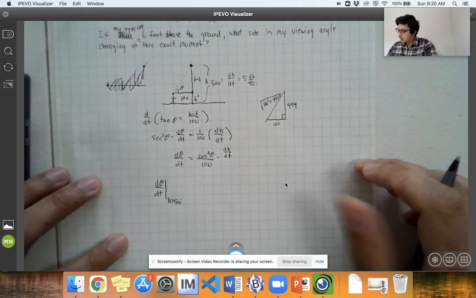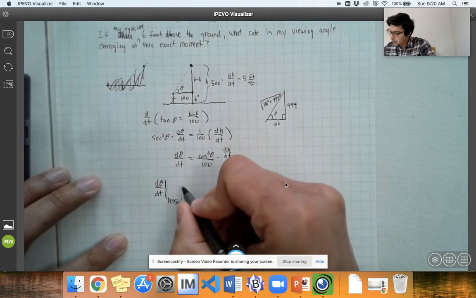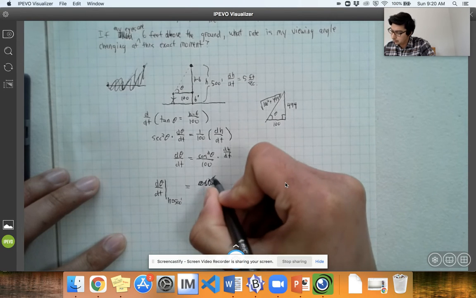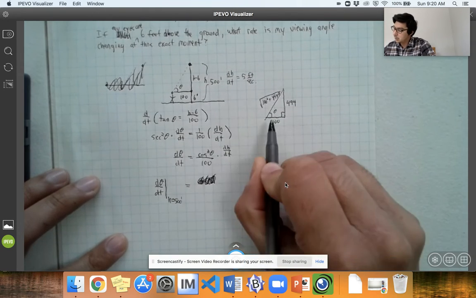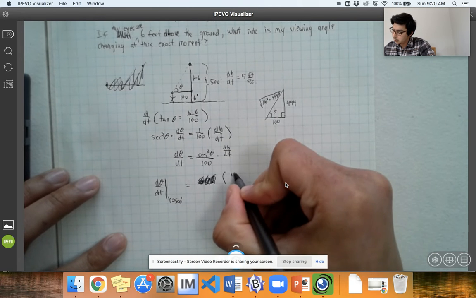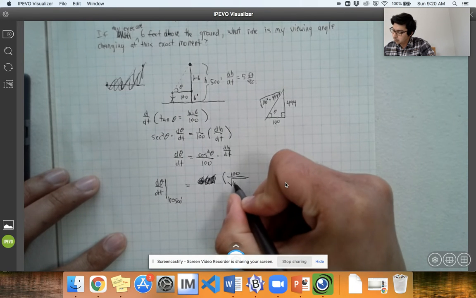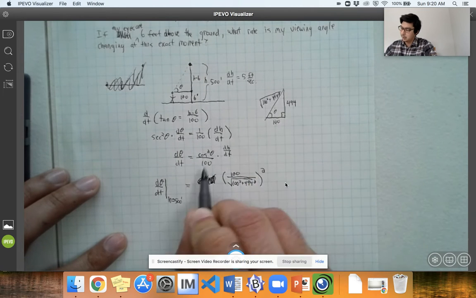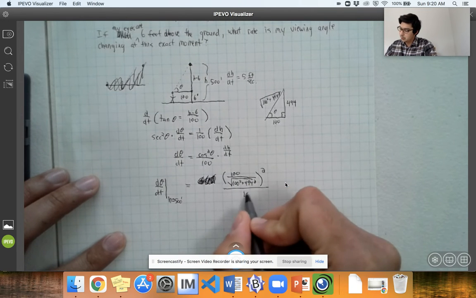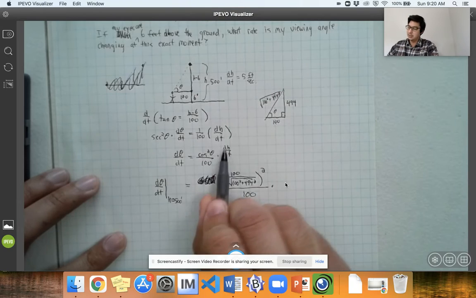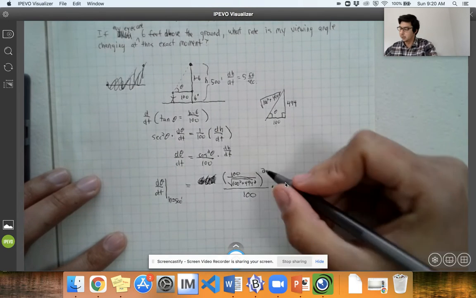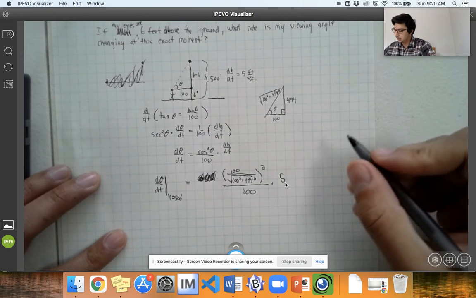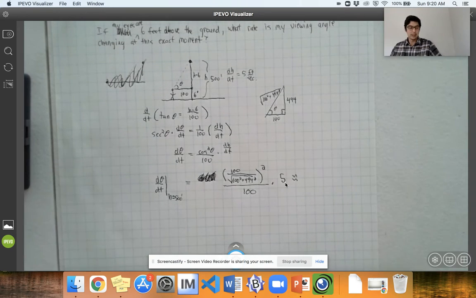So what we have here is that the cosine of my angle would then be, cosine squared of my angle. Oh wait, why am I writing that? Cosine is adjacent over hypotenuse, so that's 100 over the square root of 100 squared plus 494 squared. And all of that is being squared because it's cosine squared, over 100 times dh/dt, which is 5 feet per second. That's the rate at which the balloon is increasing, so times 5. If I put all that in my calculator carefully,